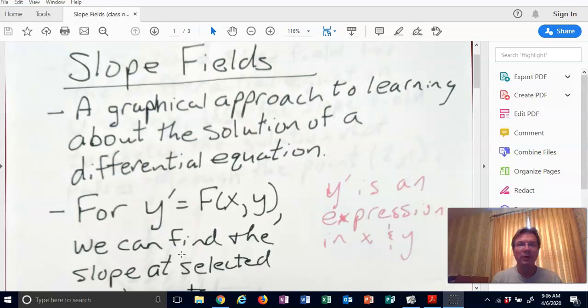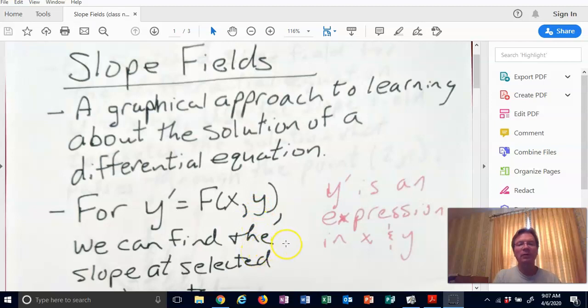Sometimes differential equations are difficult to solve depending on the way they're set up. But this slope field idea is relatively simple. Now, it is made for first order differential equations, which means you have the first derivative, y prime. If it is an expression in x and y, so it's a function of x and y,